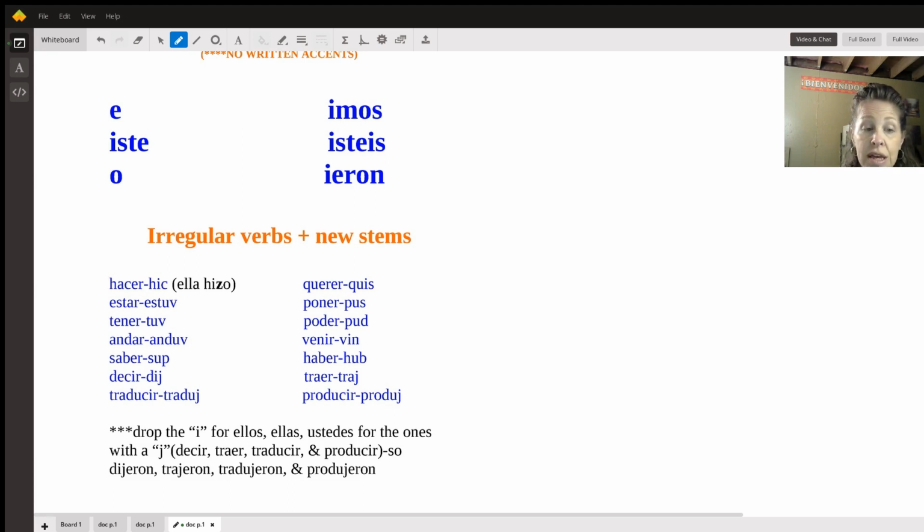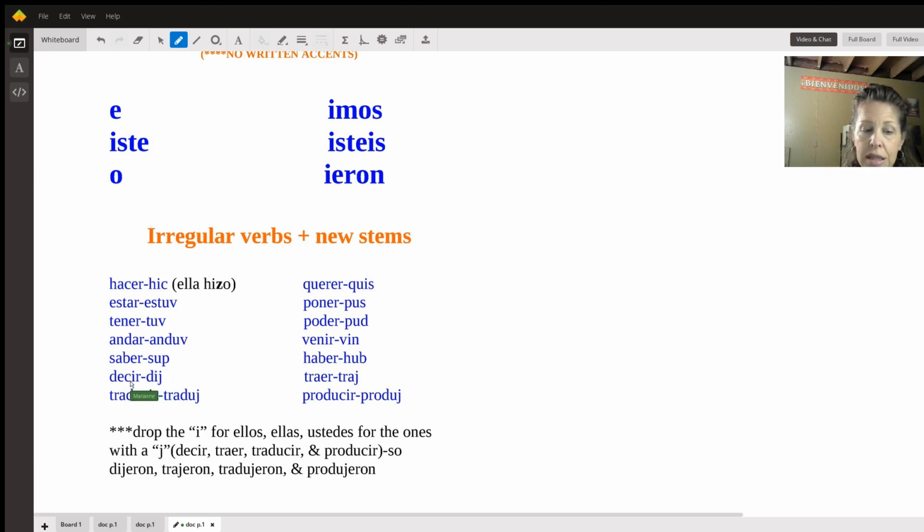Remember also that every single infinitive, every verb that's in the form of AR, ER, or IR, has two parts to it: the ending with the AR, ER, or IR, and the rest, which is called the stem. Look at this list of verbs. Hacer has a new stem of hic, estar, estuv, tener, tuv, andar, anduv,